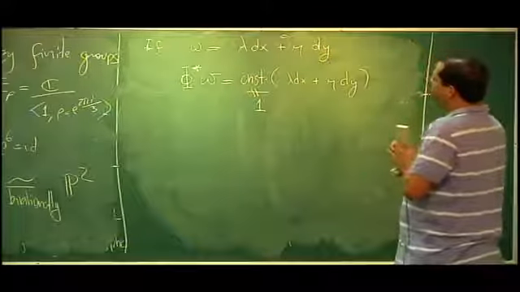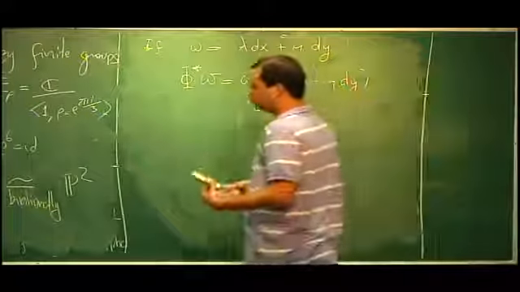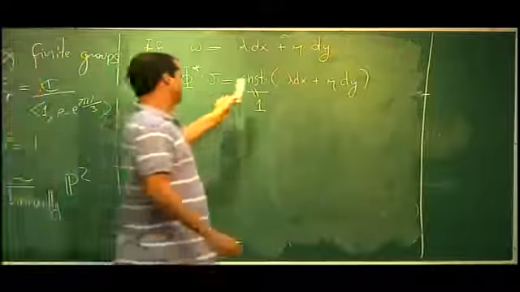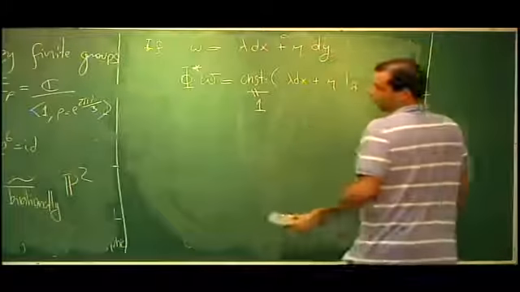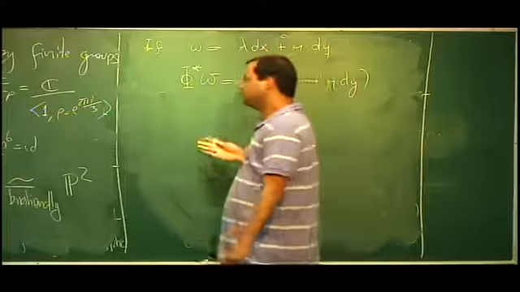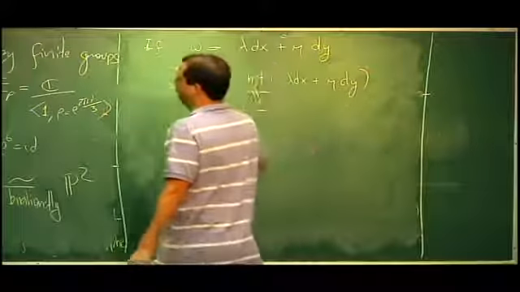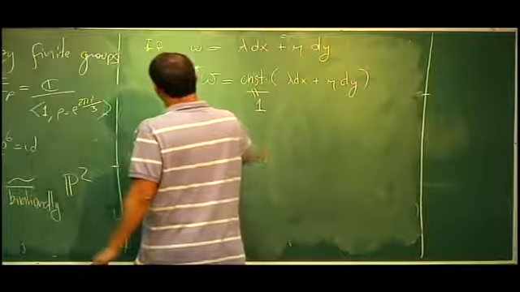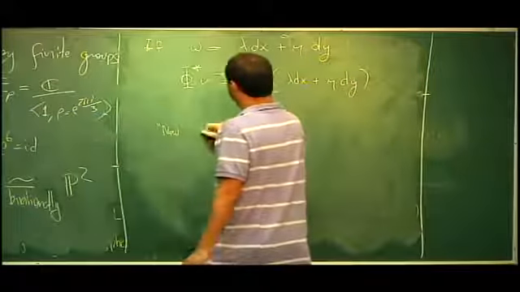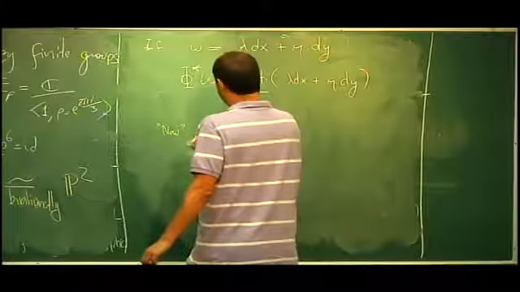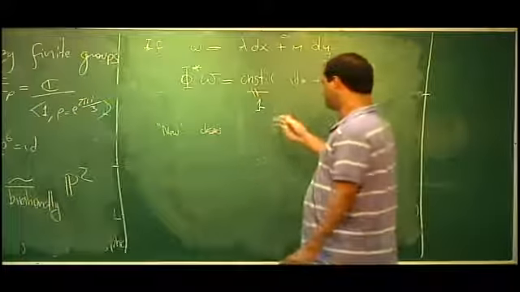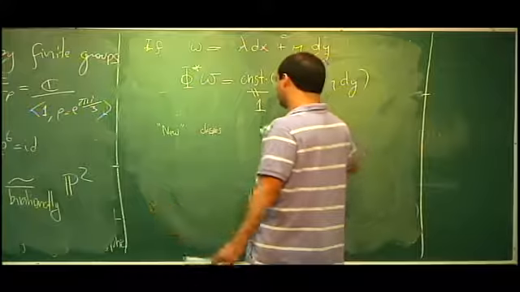And this equation says that although the one form does not descend to P2 or to a rational surface, the foliation will, because these two forms define the same foliation, and it is a foliation which is not in the previous two classes for a generic choice of lambda and mu. Of course, this "new" here has to be taken with a grain of salt, because it's new only in the context of this talk,